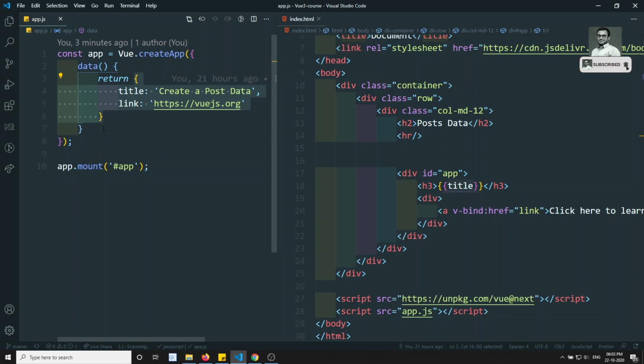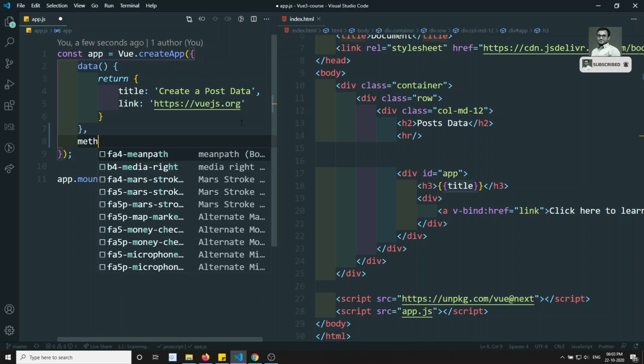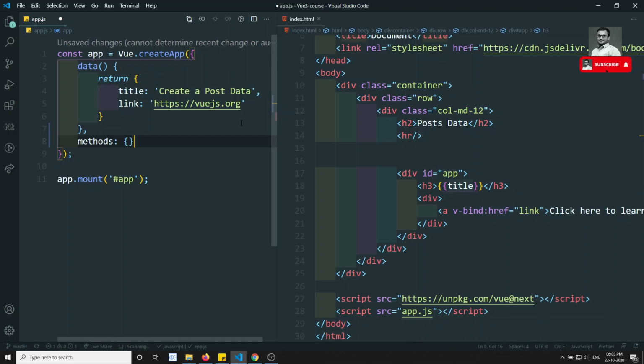Now coming to this video, if you want to mention the methods here, we have another option in Vue.js. This is one of the options. Data is a reserved word and it is a function that returns an object. In the same scenario, you will have another reserved word, which is methods. You need to remember that this one is an object, not a method, and in this methods object you will write the list of methods.